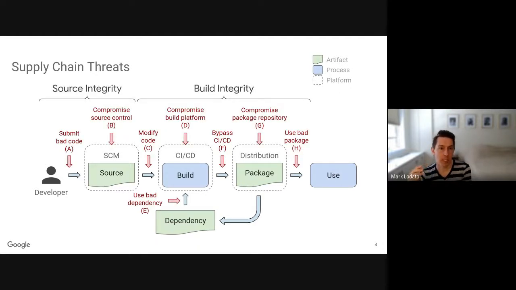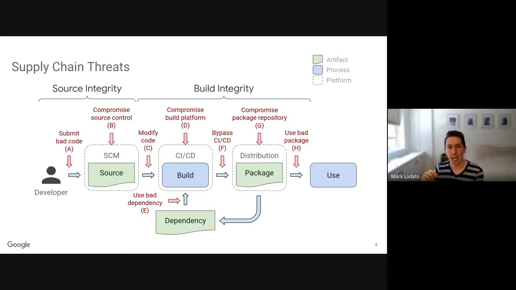And our concern is mainly around supply chain integrity, which is to prevent tampering, meaning unauthorized modifications to software. And we break it up into two main groups. One is source integrity, which is the stuff up to and including source control. So either a developer submitting bad code or the source control platform getting compromised and serving bad code in some way.